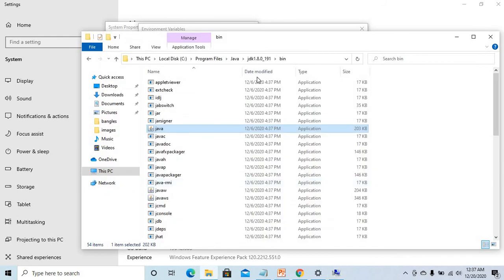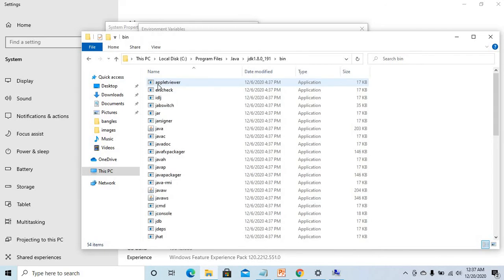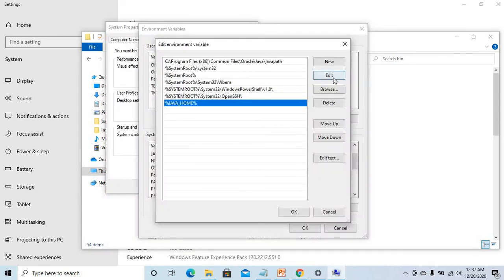So it will bring you up to this one. After that, we need to go inside your bin folder. So simply go for slash and bin. That's it. Because we need to give our actual executable, which is inside your bin.